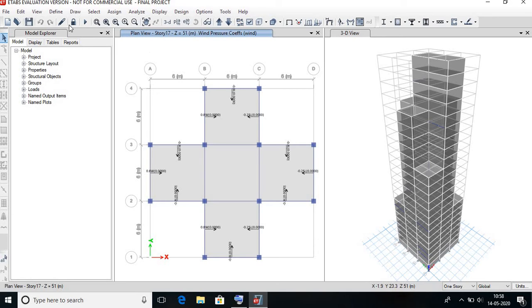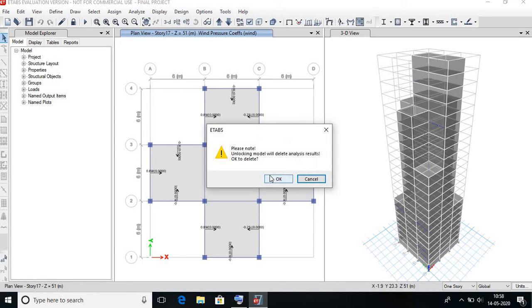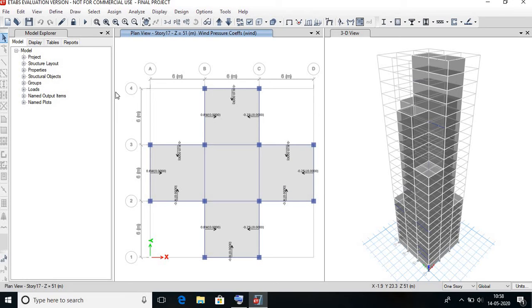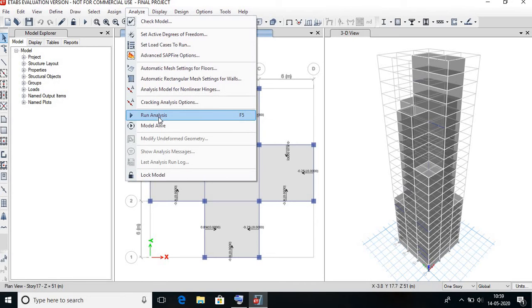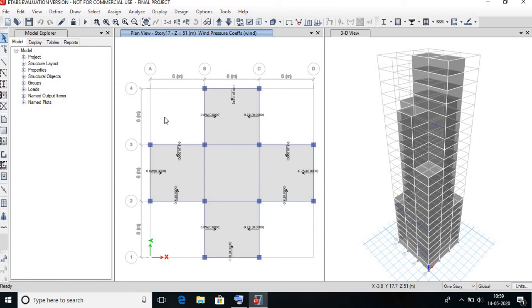I have already run the analysis previously, so I'll unlock this now. Now we can do analysis on the structure. For doing analysis, we have to click on Analyze, then Run Analysis. It will take some time, so we have to wait until the software runs the analysis on the structure.